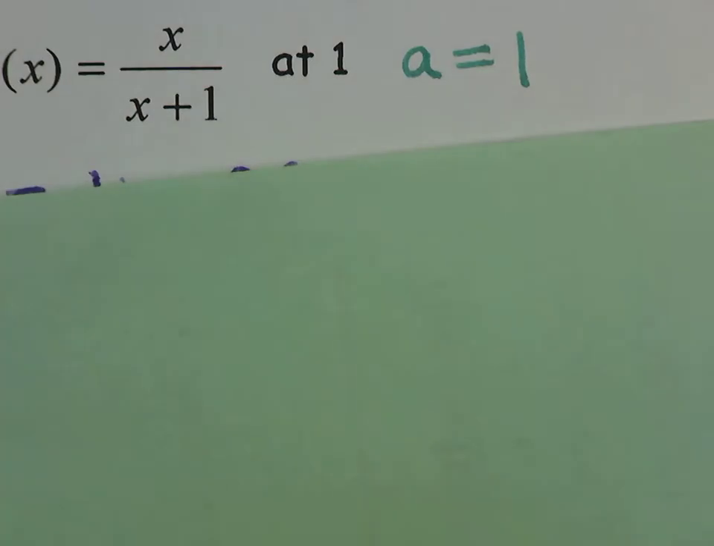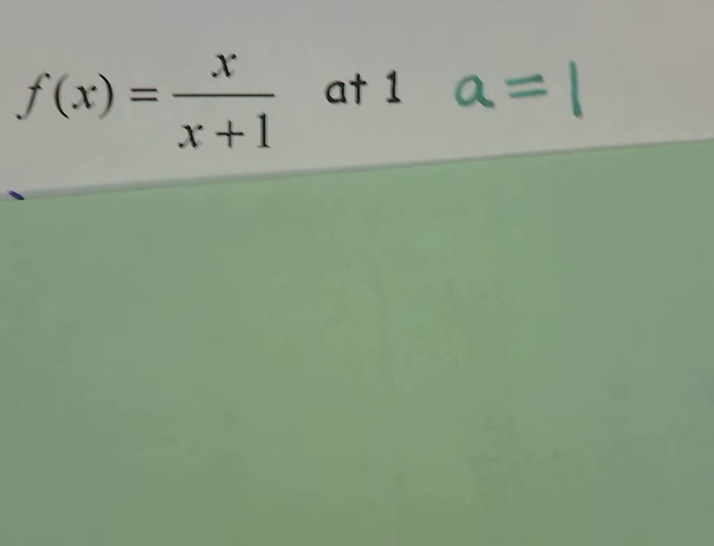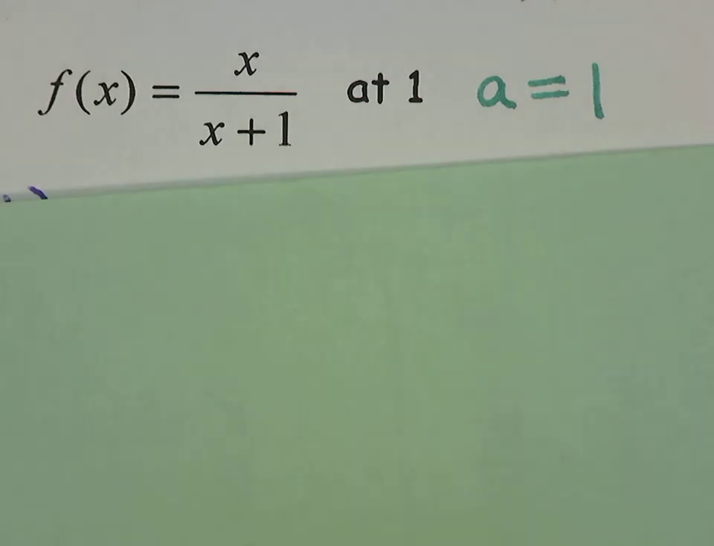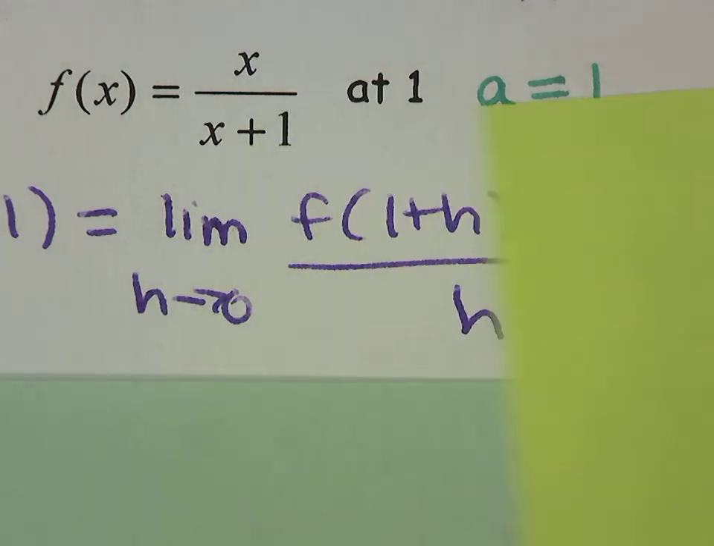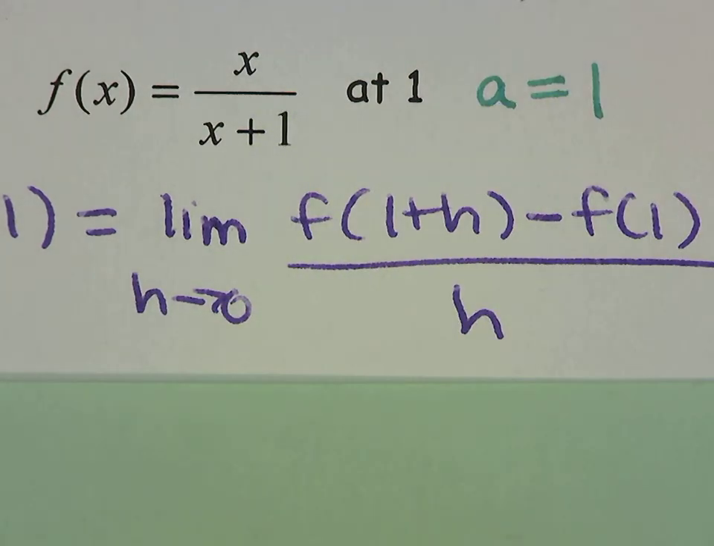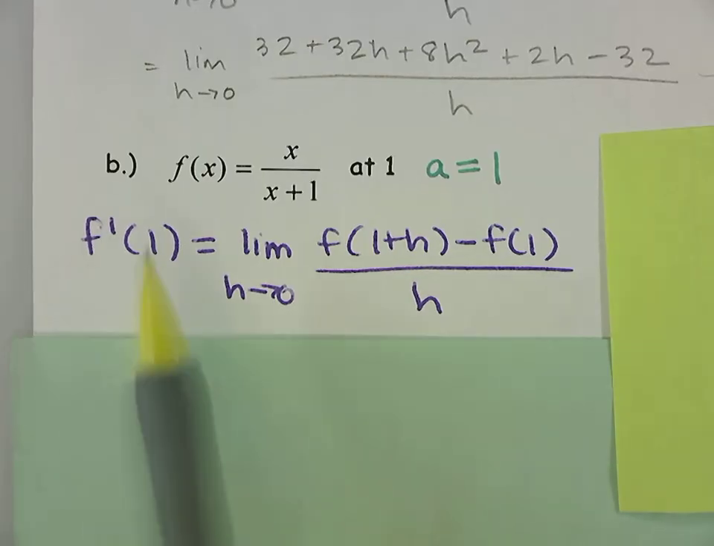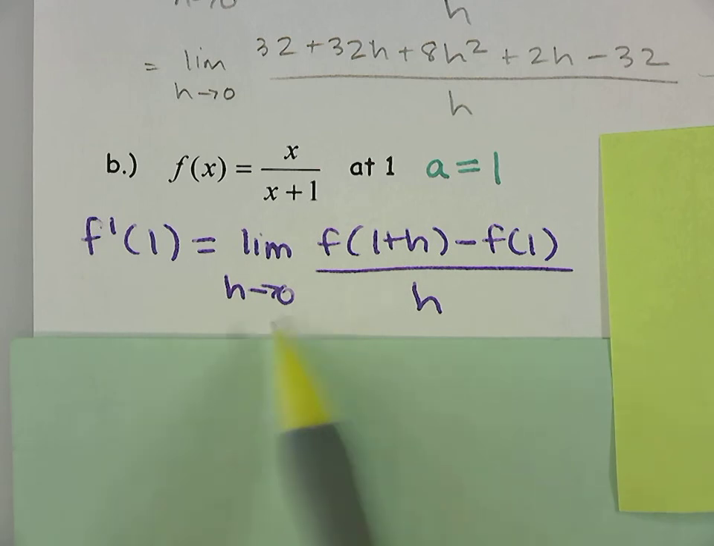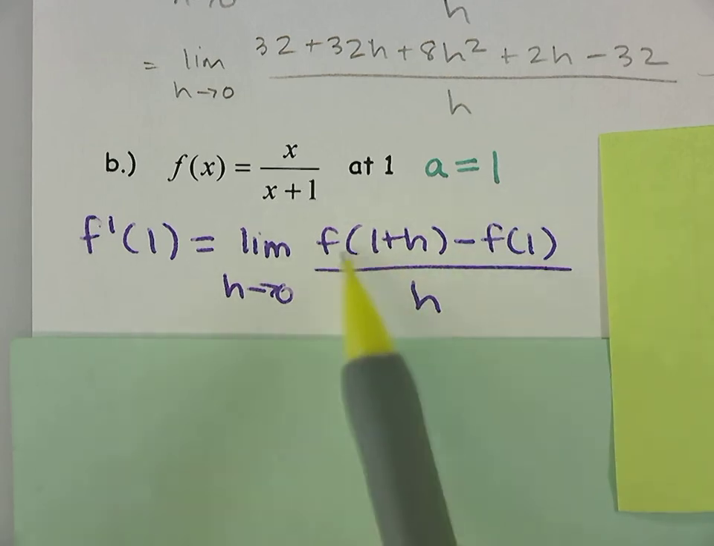All right, so now we're going to do the same thing with part B. Okay, so for part B, you're given f of x equals x over x plus 1 at 1. So when it says at 1, that means your a value is going to equal 1. All right, so now again, we're going to use the limit as h goes to 0. And then right away, I'm going to substitute in. So I have my derivative notation. It's the limit as h approaches 0, f of a, so my a is 1, f of 1 plus h, minus f